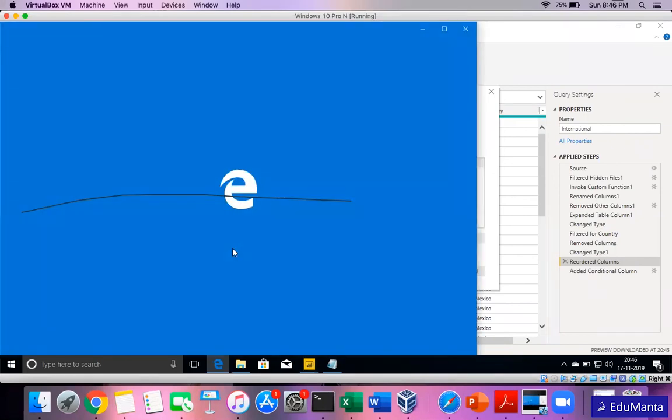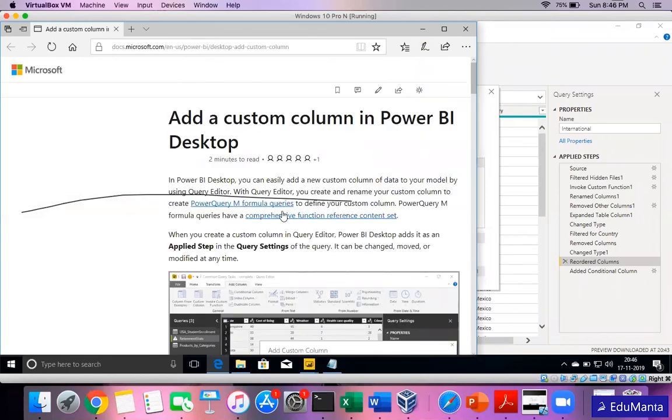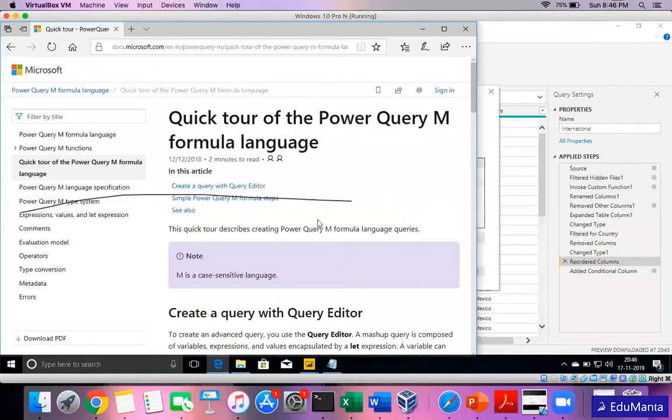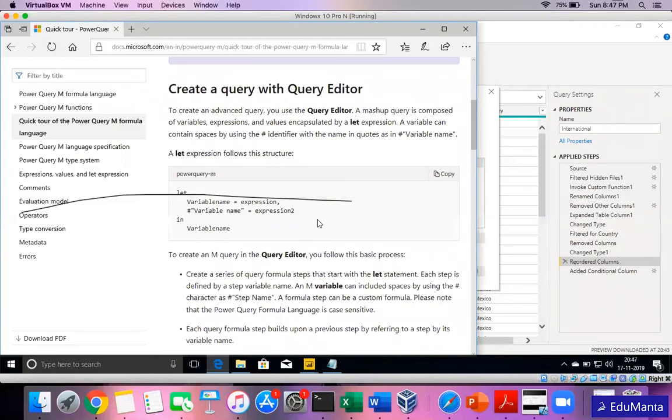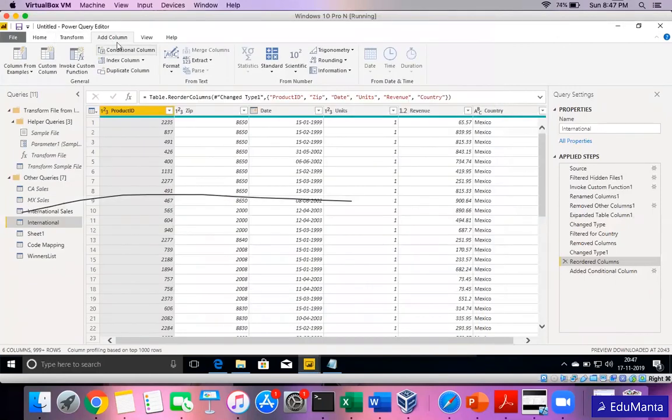And if you click on this link, it will take you to the list of all formulas that are applicable here. When you start working on details and applying more and more complex formulas, this is what the Power Query M formulas are. Here you will see the list of different formulas that can be applied. When you're working on projects and actual business cases, many a time only the conditional column doesn't help us.